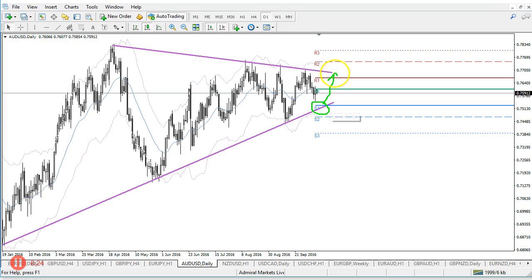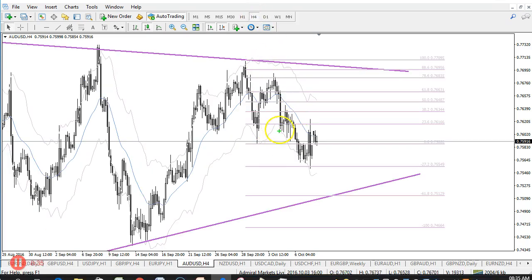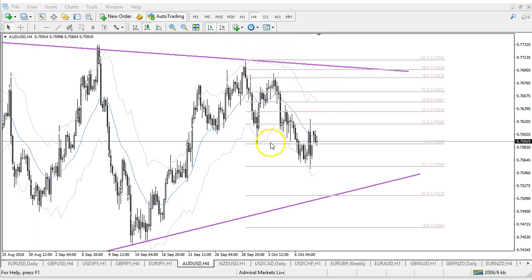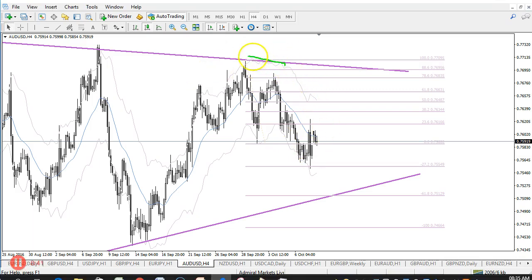I think that could be an interesting long for a move back up to the triangle, and perhaps this time it will break, because if we looked at the 4-hour chart, at least last week in the live webinar, I was saying that this could be a head and shoulders pattern here. I don't think it's going to break because of price respecting the resistance trend line here, and I expected